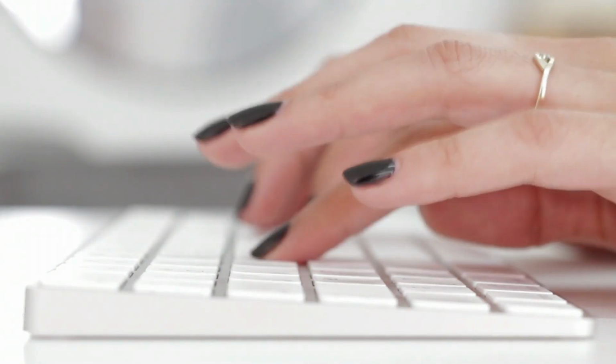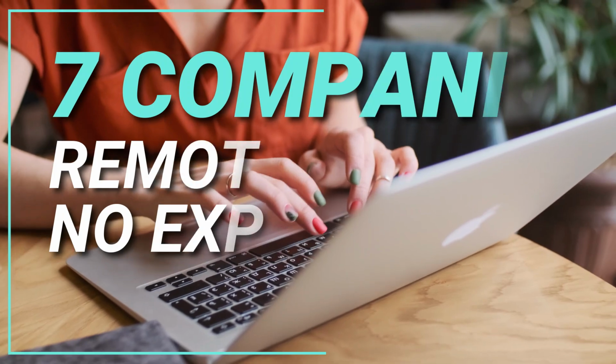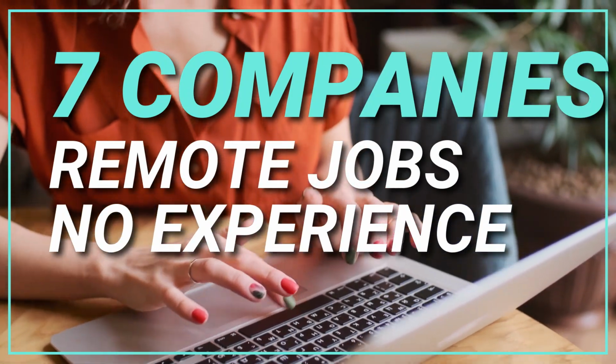So a lot of you ask, how do you get a remote job with no experience? Well, the good news is there are only two simple steps. One is to apply to the right job, a job that doesn't require experience, and the other is to put keywords into your resume. So I'm going to show you 7 companies that always have remote jobs where you don't